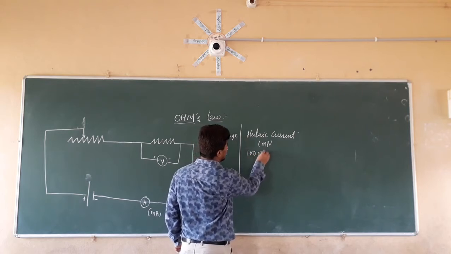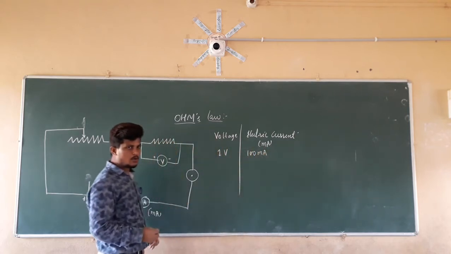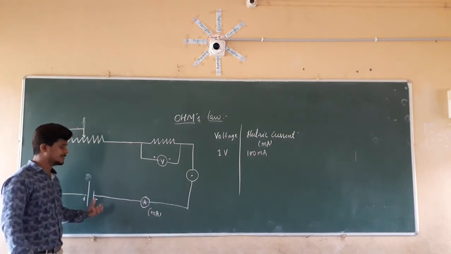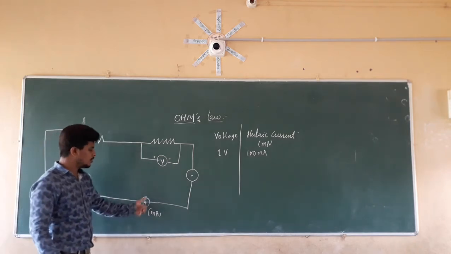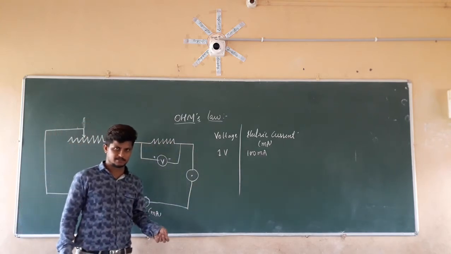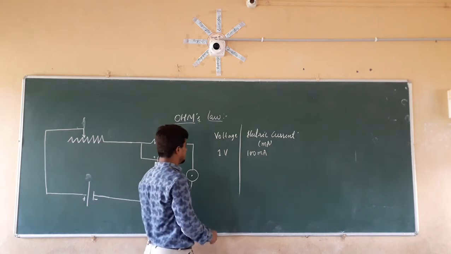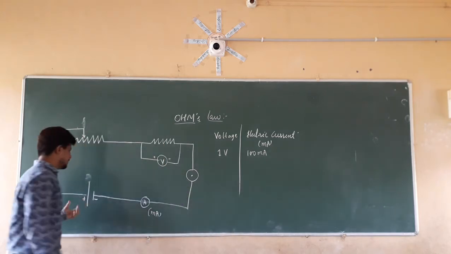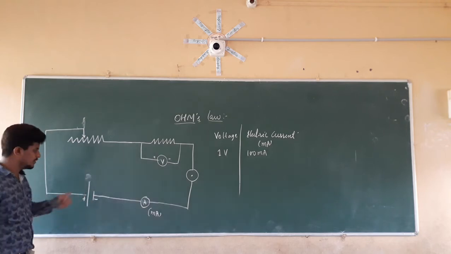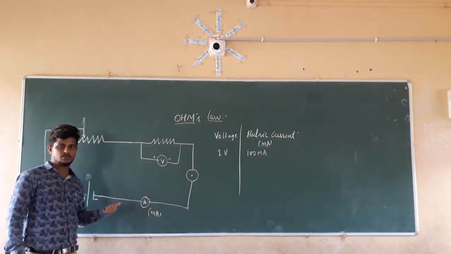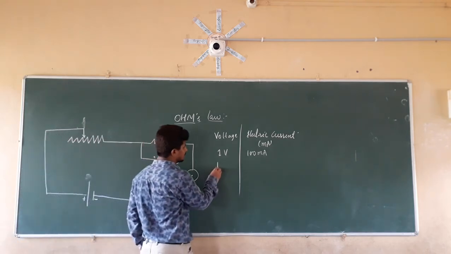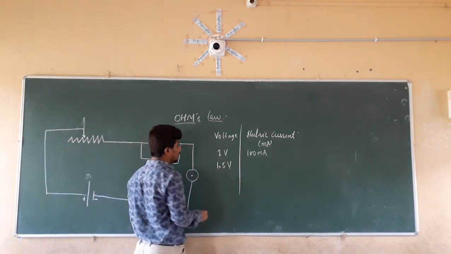It is going to show 100 milliamperes. So when we supply 1 volt of electric potential, the amount of current flowing through this circuit is equal to 100 milliamperes. In the same manner, if I change the amount of potential which we give to this electric circuit to 1.5 volts,